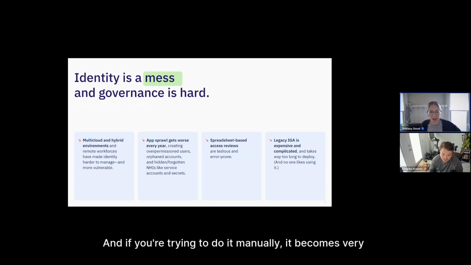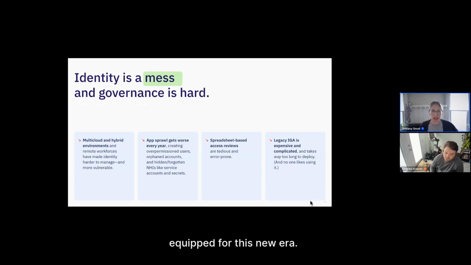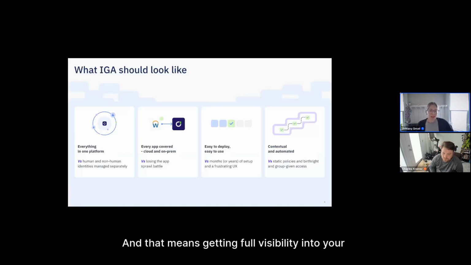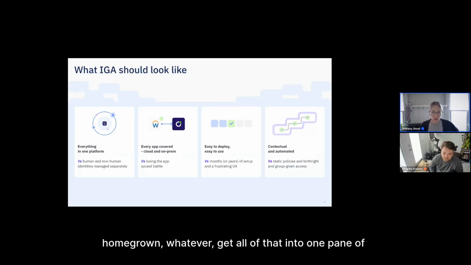And if you're trying to do it manually, it becomes very tedious. Legacy IGA solutions just really weren't equipped for this new era. So we are building ConductorOne, which is what we think IGA should look like. That means getting full visibility into your environment, whether that's cloud or on-prem, homegrown, whatever. Get all of that into one pane of glass where you can see everything, covering every app so that's possible,